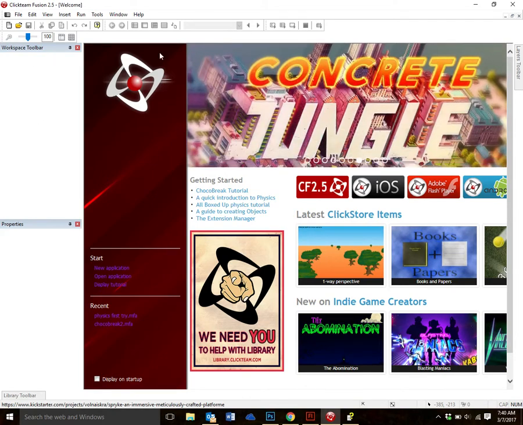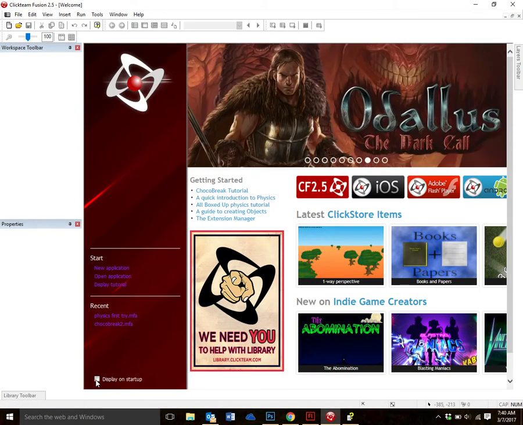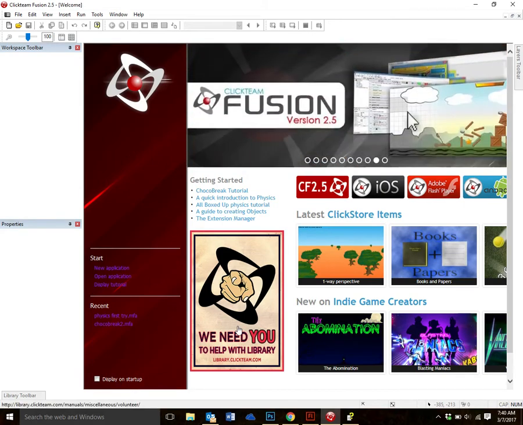Okay, so let's crank up your software. Start your Fusion up. This is all very pretty to look at. If you like it, you can see it every time you turn the software on. What I did is I just checked right here, display on startup, and now I won't see this every time I turn it on. So let's create a new